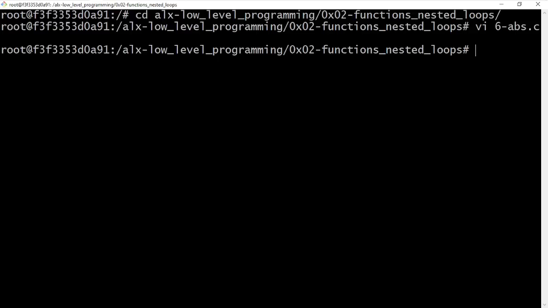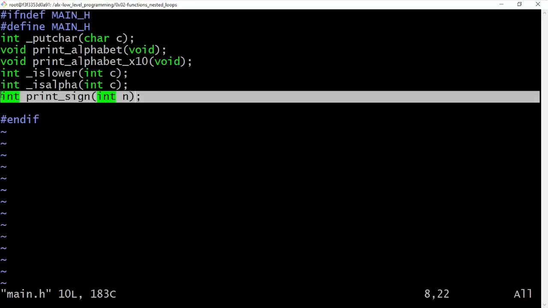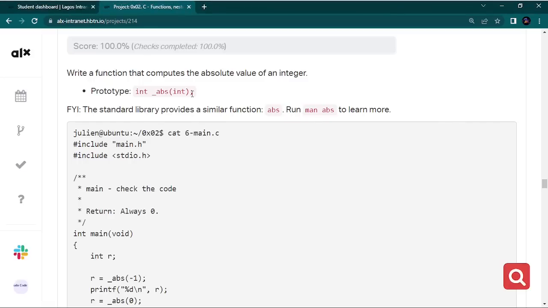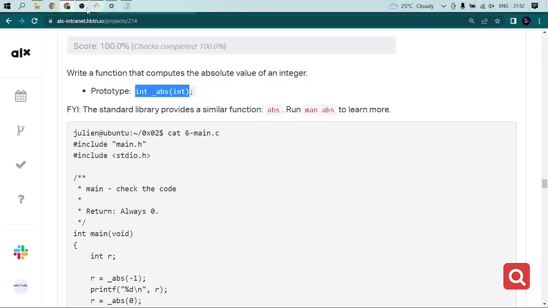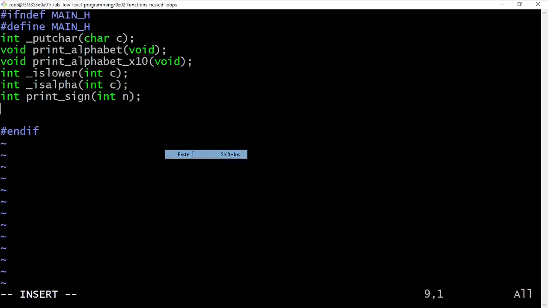And I want to check my main.h file again, and you can see it here. Oh, we've not printed the ABS, so I've not added that in my main.h. You can see I almost forgot that, and that would have given me a lot of issues. So I'm going to copy this and paste it here. So please don't forget to put your prototype here. I paste this, and